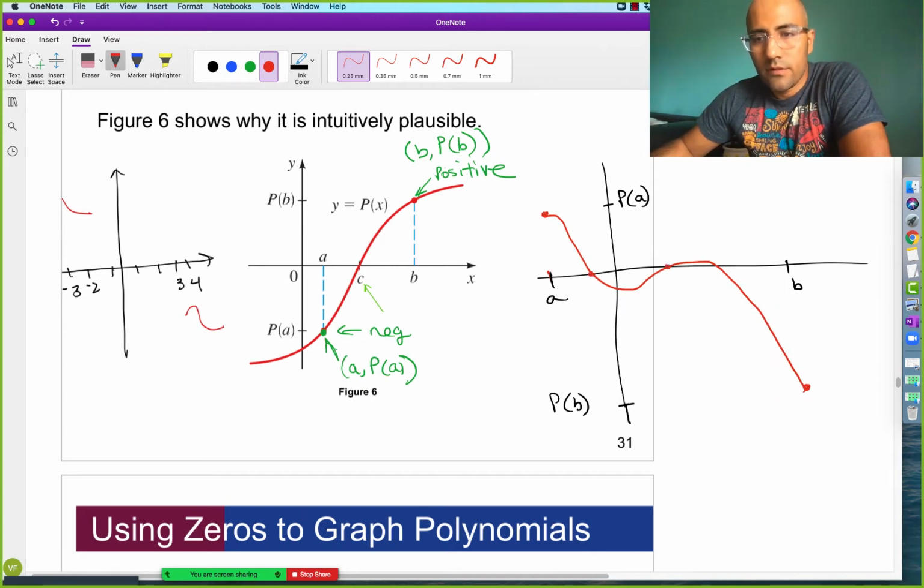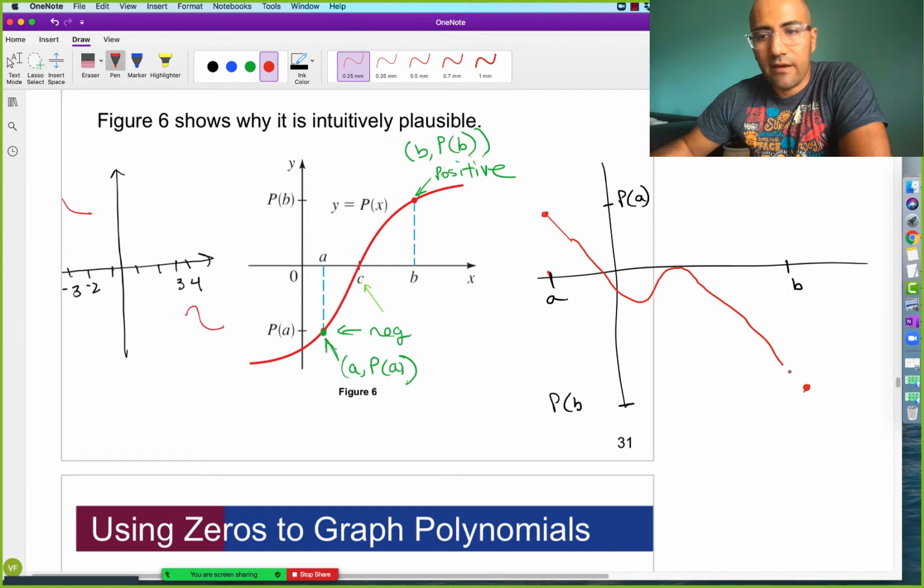1, 2, 3. Good. Maybe it crosses it and then comes back up and maybe just barely touches it and then comes back down. So there could be 2 places where it touches it. Good. Okay, but the only thing it cannot do is somehow stay positive, and somehow all